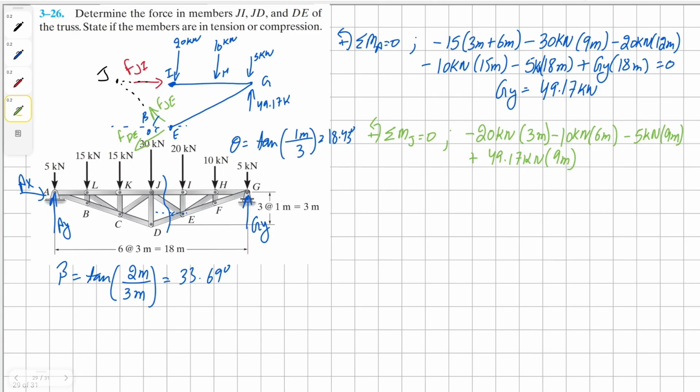and then the horizontal component of DE in clockwise direction, therefore it's going to be cos 18.43 degrees times member DE, all equals to 0. Solve for force in member DE, we get our solution as